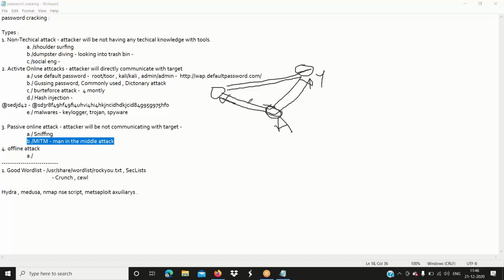Whatever communication happens between these two systems can be controlled or monitored by the attacker. So this is the man in the middle attack. Let's say this person is sharing passwords or entering credentials, like credit card or debit card numbers, or whatever sensitive details. The attacker can also get that. I'll show you how we do it practically.